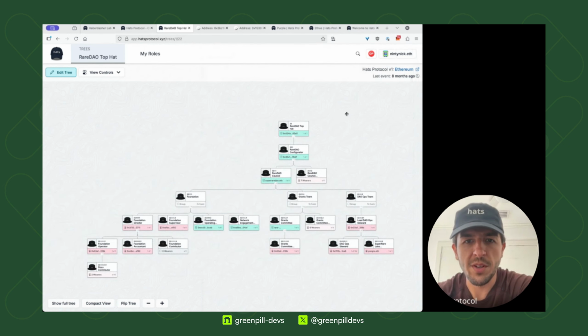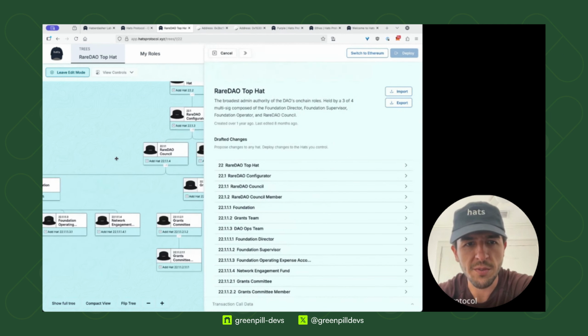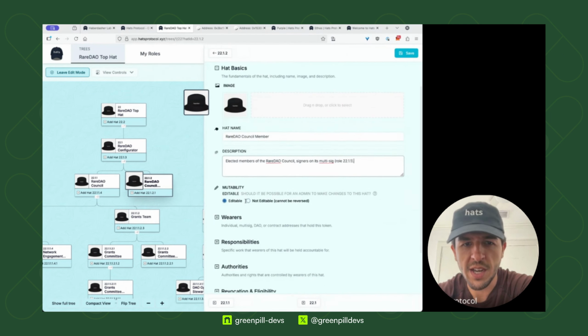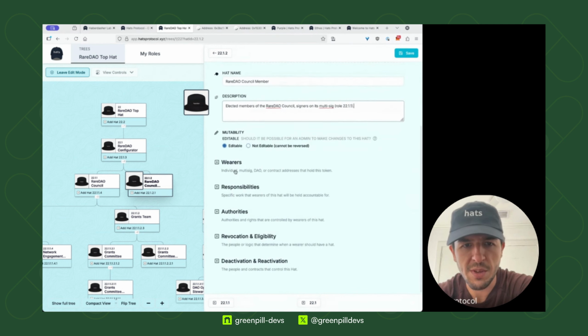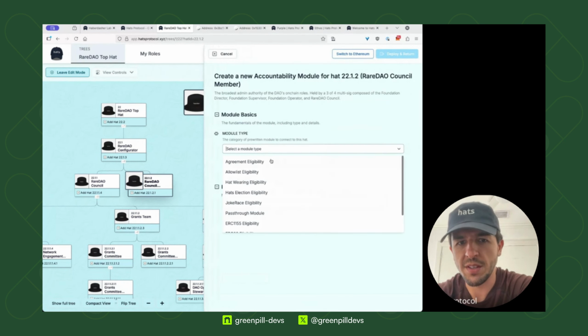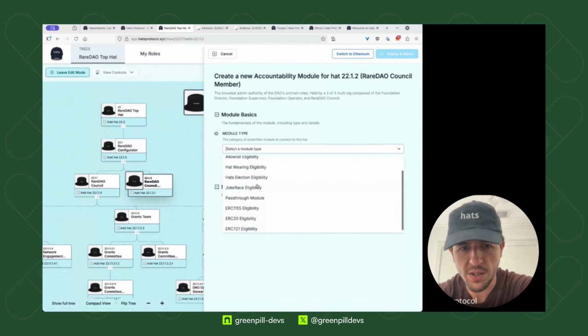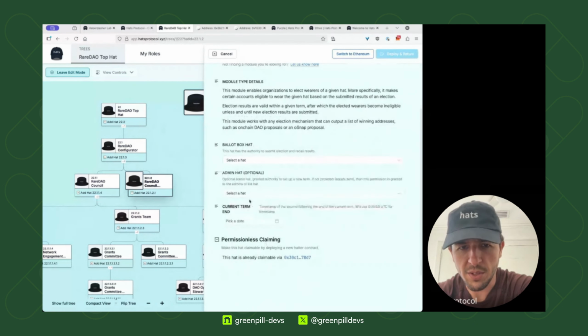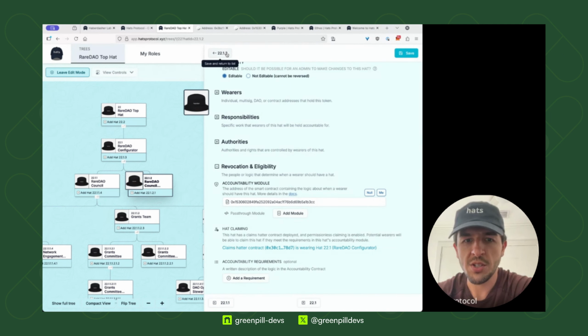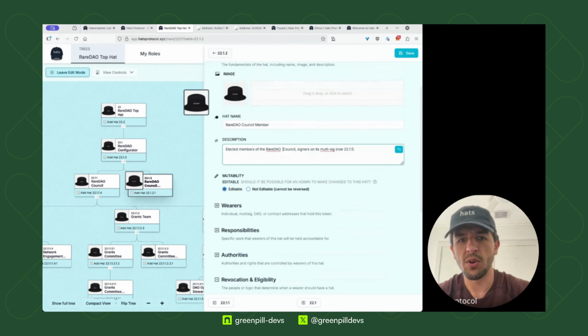From a user perspective, what we offer is an edit mode. So you can do all these configurations. You jump in here and you can change the text, automatically save it to IPFS. You can update the eligibility modules like we just talked about. That gives you some options for what these are, and then the ability to configure them. And anytime you make changes and want to actually deploy,